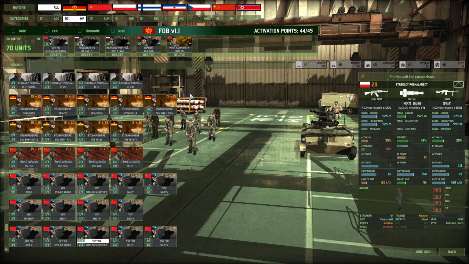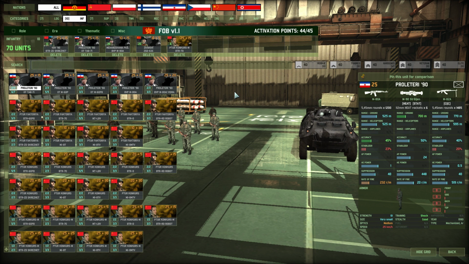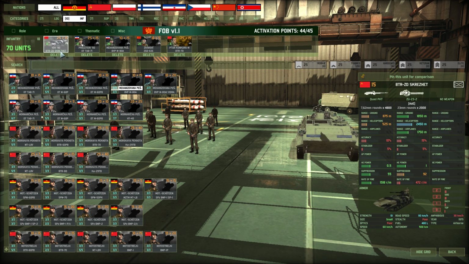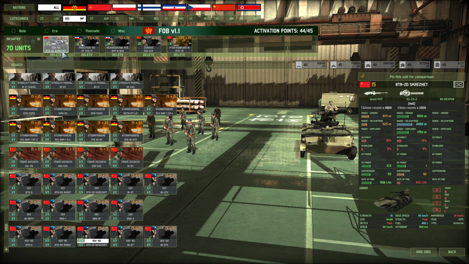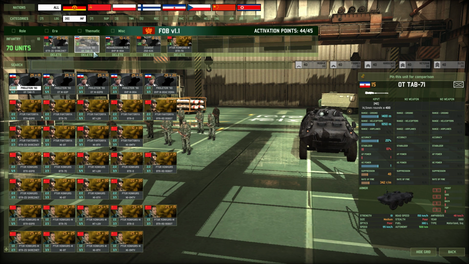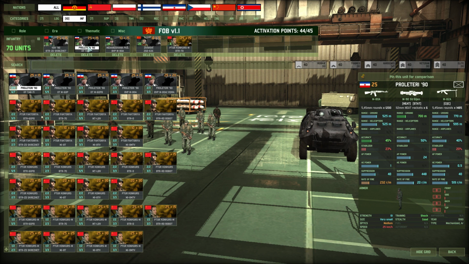If I were to play mech, I wouldn't get VDV. I wouldn't get wheeled infantry. If I were to play moto, I wouldn't get the BVPs or discretion. And if I were to play armored, I also don't get VDV or discretion or the tab 71. So I lose out on key units, in my opinion. VDV 90 are a must-have because they themselves are just so good. I need wheeled infantry, at least for me, to be able to quickly reinforce something with infantry that is also good itself. A good itself meaning a decent enough MG and a good anti-tank weapon, which Proletary 90